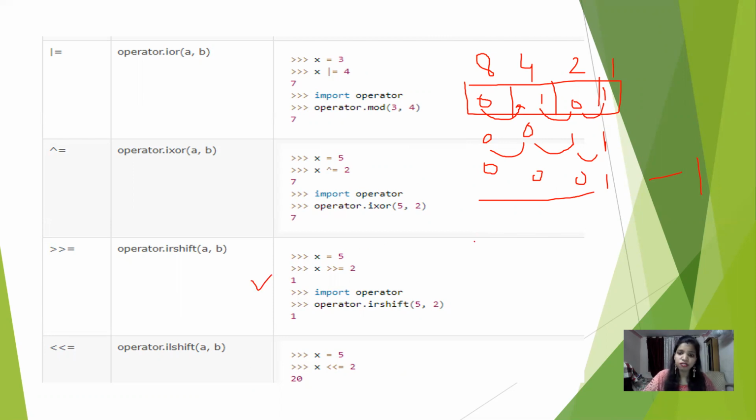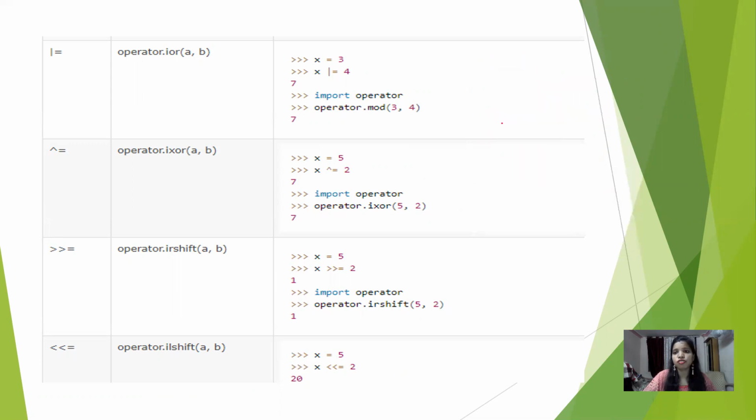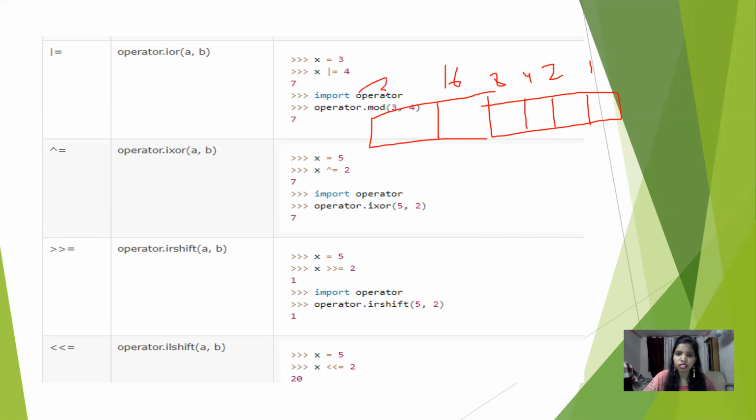Okay. Now for left shift, you take the same number, but you shift it in the left direction. For the left direction, the concept is different. That is very important. The positions are 1, 2, 4, 8, 16, 32, like this. Now your number is 0 1 0 1. After one left shift, you add 0 on this side, so this 1 is shifted here, this 0 is shifted here, this 1 is shifted here, and this 0 is shifted here. That is after one shift.